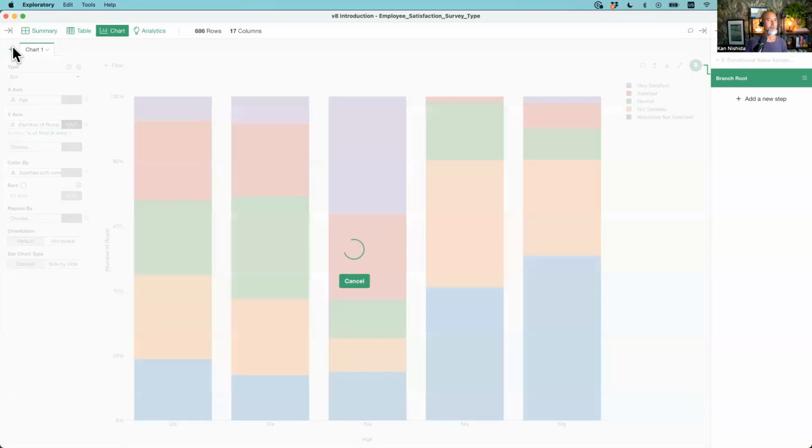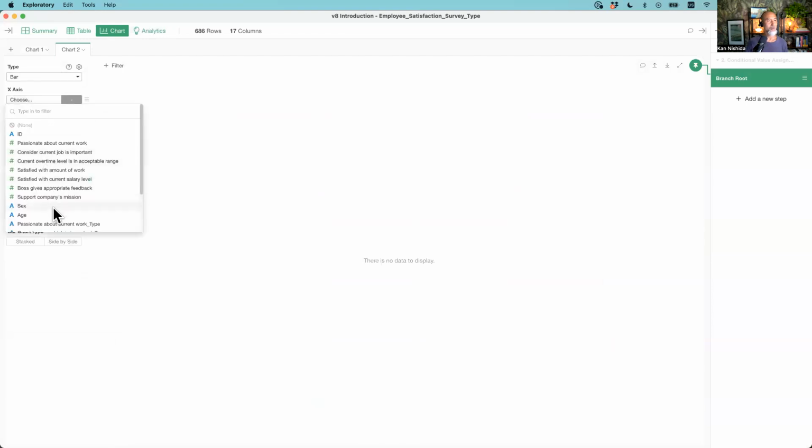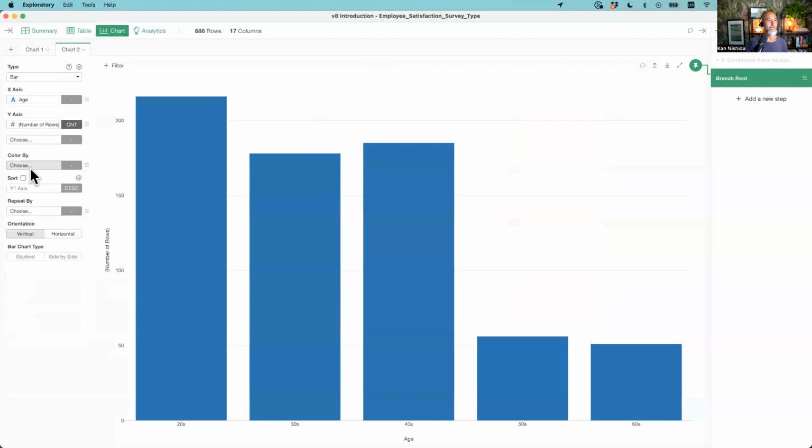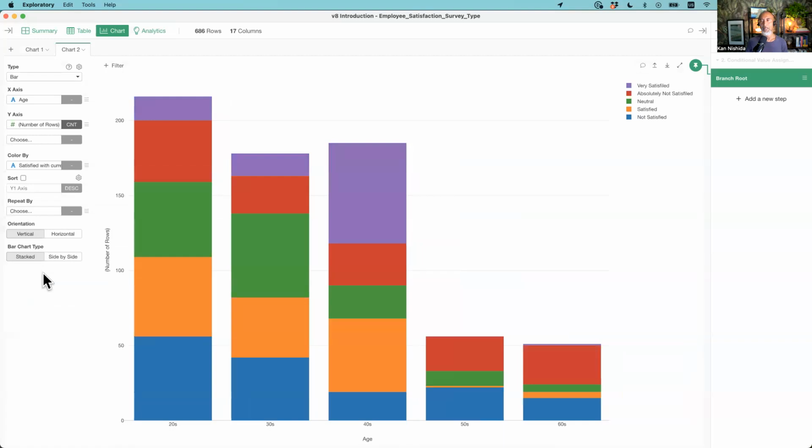That's just 1 second. If you just create from scratch, what happened? Let's see. Color, and then employee current salary level. And okay, here it is. So if you have something like this, and then you see, when you look at here, not satisfied, satisfied, that's fine, neutral, but absolutely not satisfied is here, the